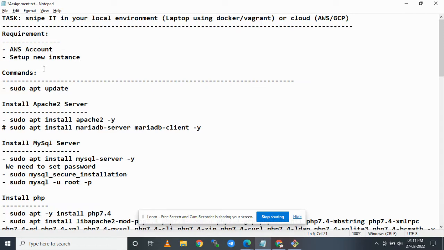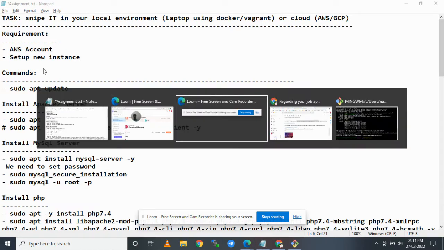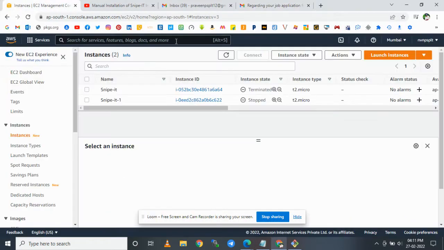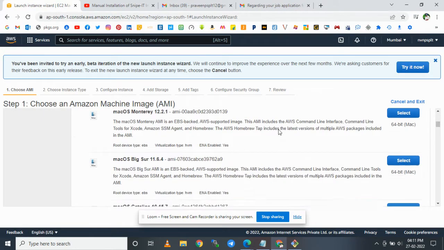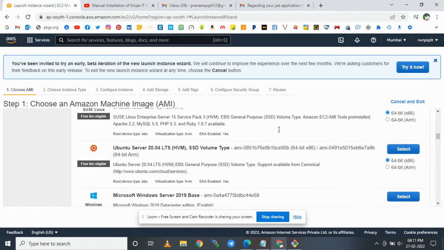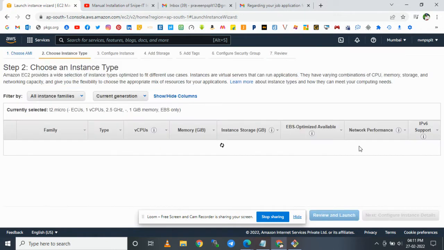So let's start our task. Go to the AWS console. There we have a launch instance. For this step, I am going with the Ubuntu server.